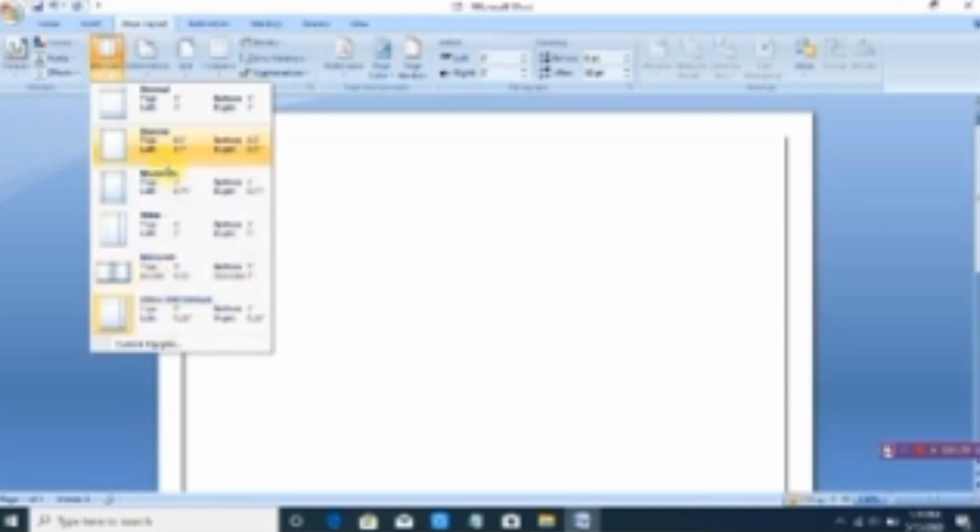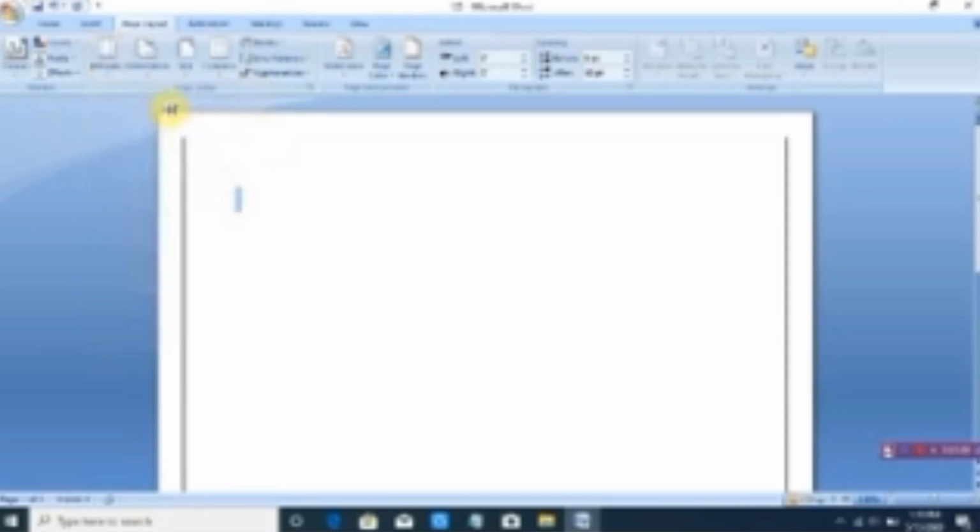Now suppose I want a normal page. When I click on normal, the size of the page will automatically change to normal. Now suppose I want to change the orientation. As you know, there are two kinds of pages: first is portrait and other is landscape.